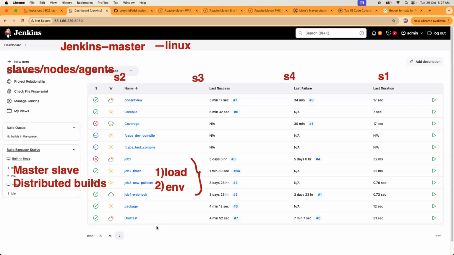Here we have done SSH communication, but we have the option to use agent based communication between master and node. In case of a Windows slave, SSH will not work, right? So we need to rely on agent based communication. See, if it is a Windows,